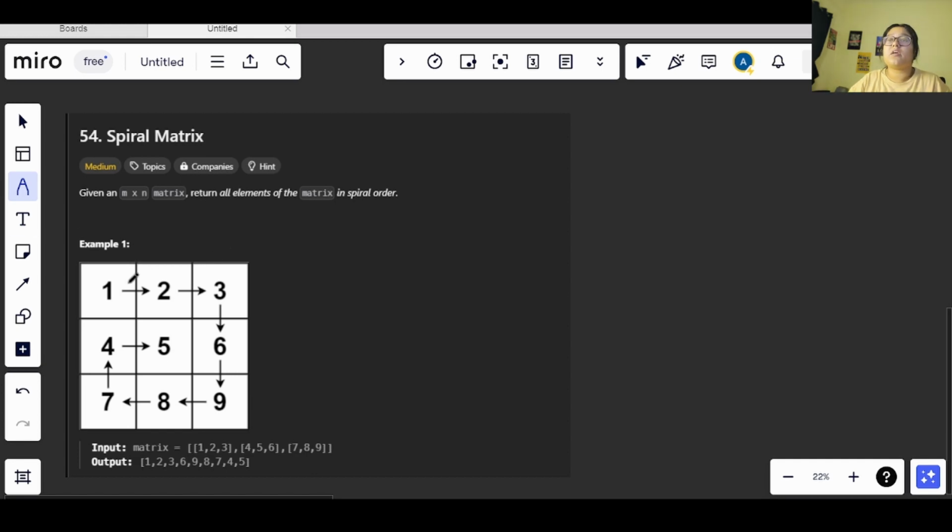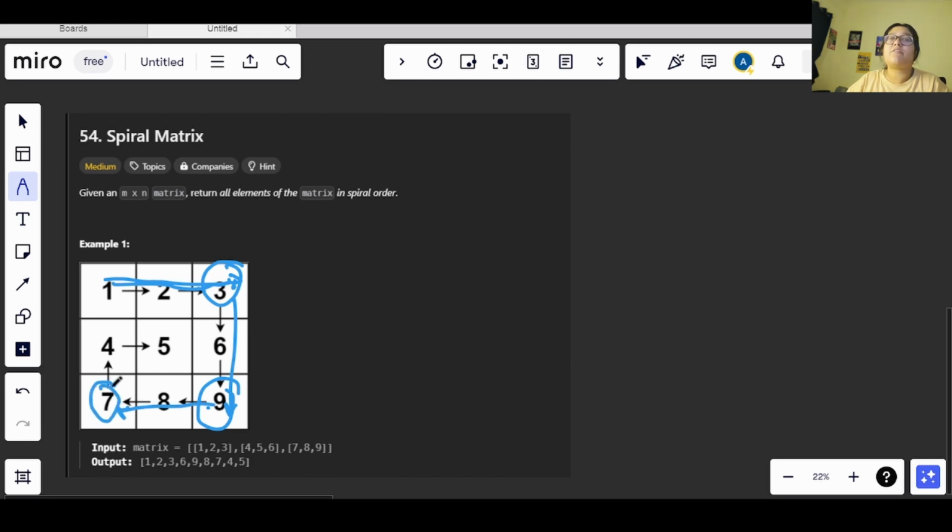Now how do we print the elements? We will start from the first row and move from left to right. Once we have reached the last column, we will move downwards. Once we have reached the last row and the last column, we will move towards the left side, from right to left.